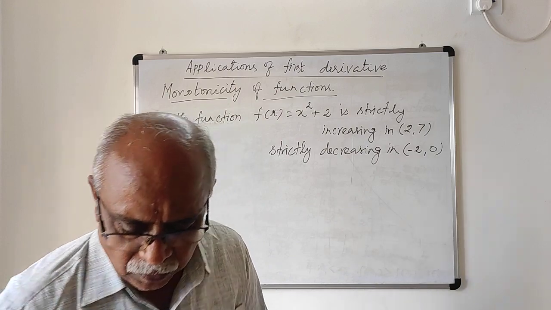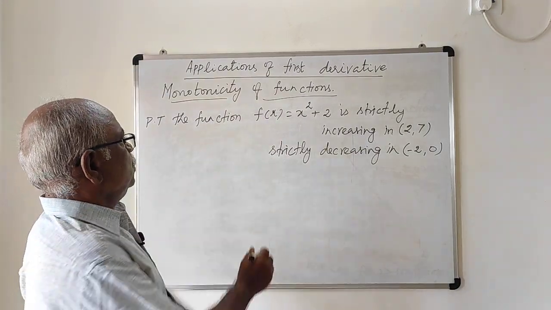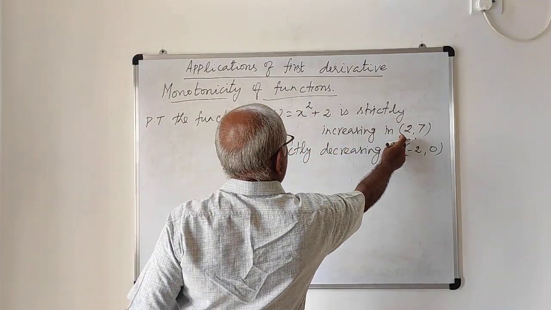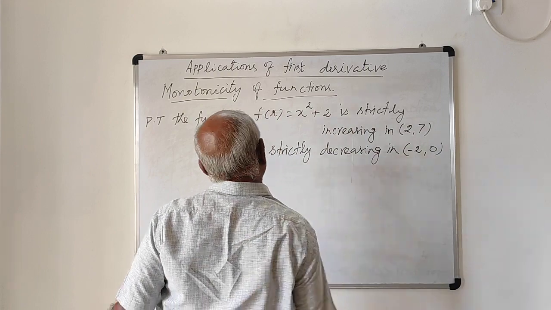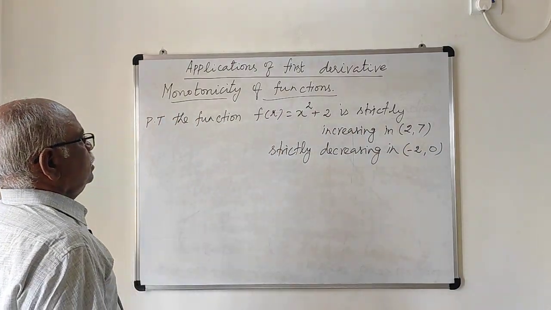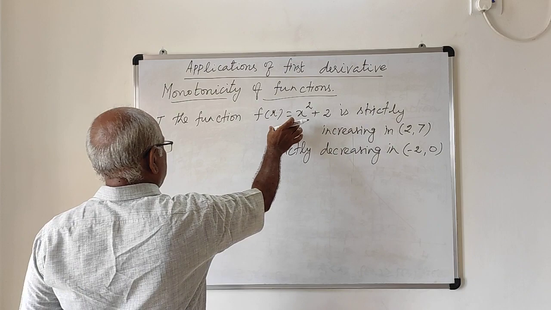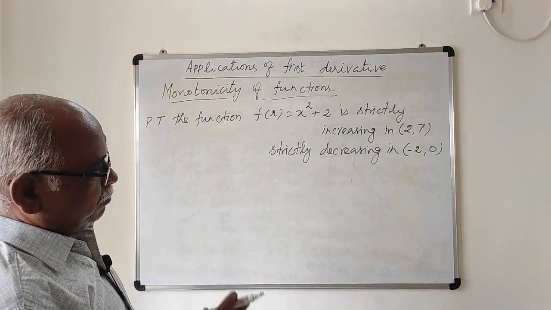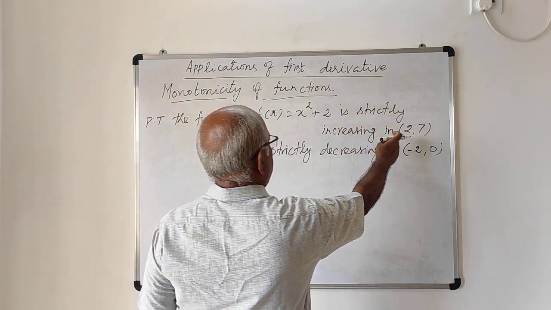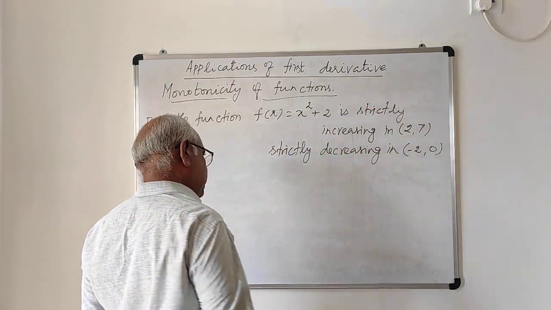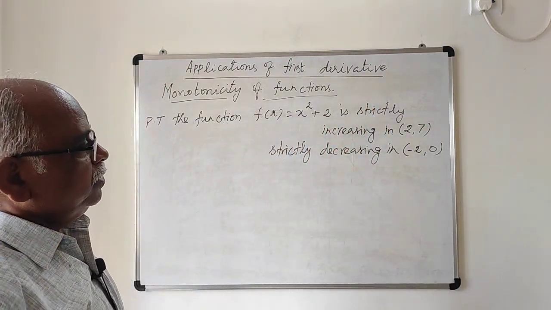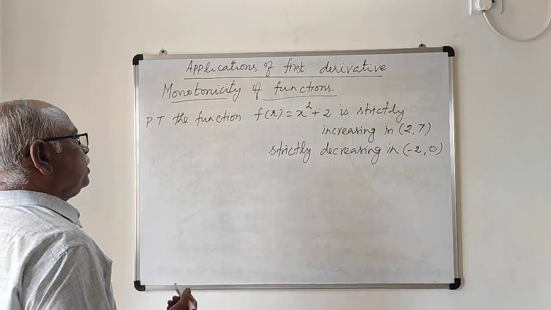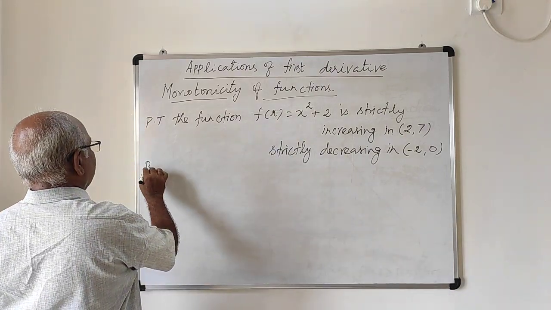The given function f of x is x square plus 2, strictly increasing in the interval 2 comma 7 and strictly decreasing in the open interval minus 2 comma 0. I am going to solve this by using both the definitions. Taking any 2 points in the interval, I am going to test the monotonicity of the function. Similarly, first derivatives also we will see. First, by definition,